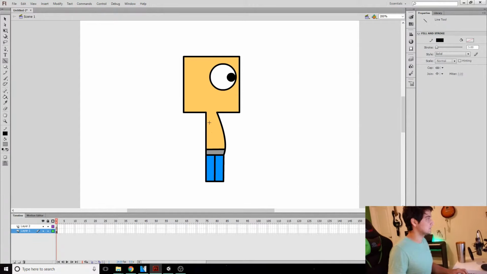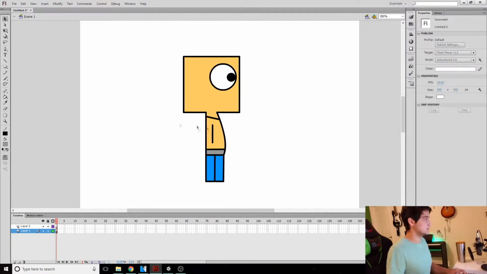Let's see. Honestly, arms we can just do like sticks. Why not? So one arm's right there, straight down maybe even, and the other arm would be behind it so you don't see it. I do want to change the color of the shirt, so let's give him a collar here. So something like that with a line, and then select the bucket,